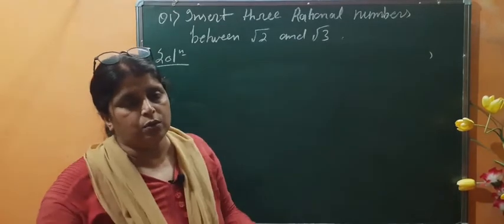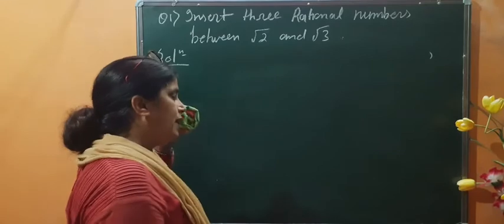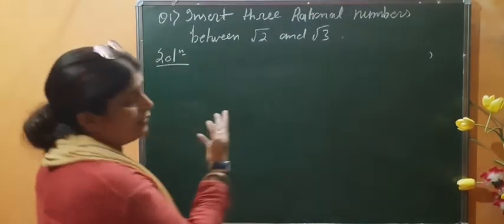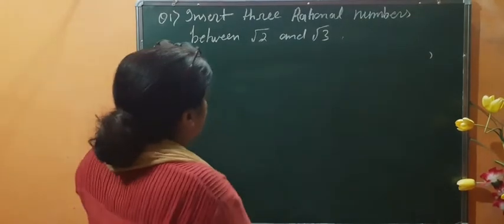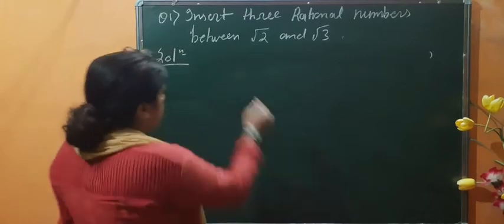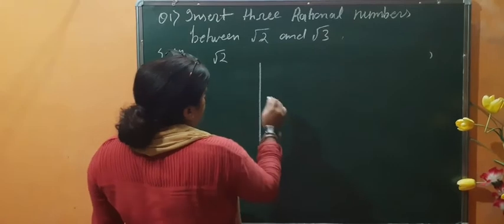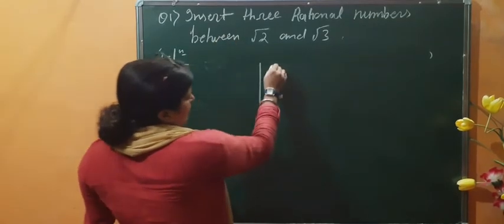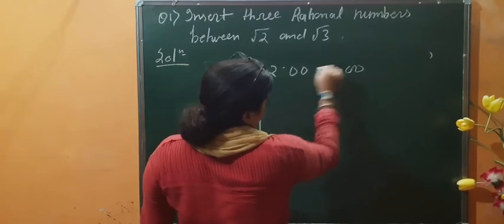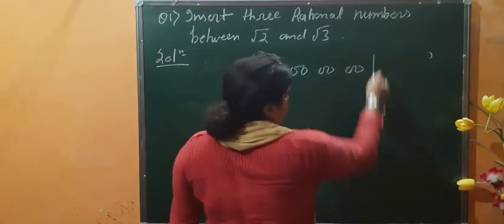If you already know the value of root 2 and root 3, you can directly write it down. If you don't know, like if it is given root 11 or root 7, how will you get the values? That's why I am solving that part also by the division method, showing how you will get the square root of any prime number. Let's see what we will do. I have taken 2, then we will make pairs of zeros, at least 2-3 pairs, no need to take more than 3, and we will start.